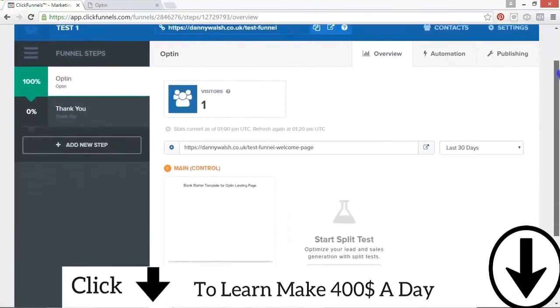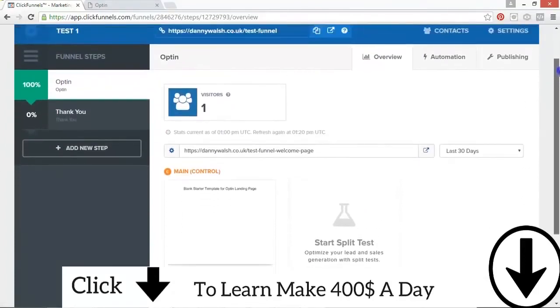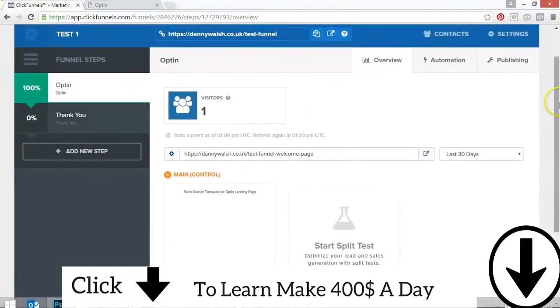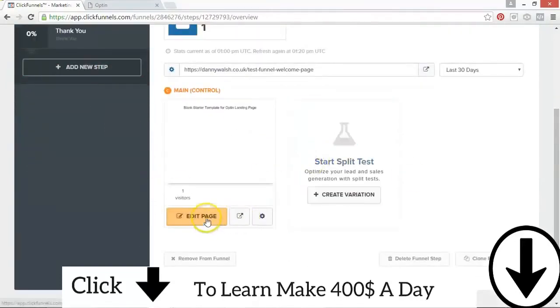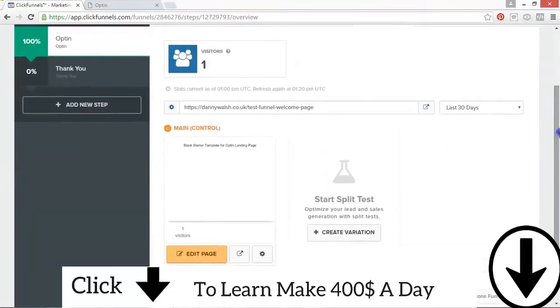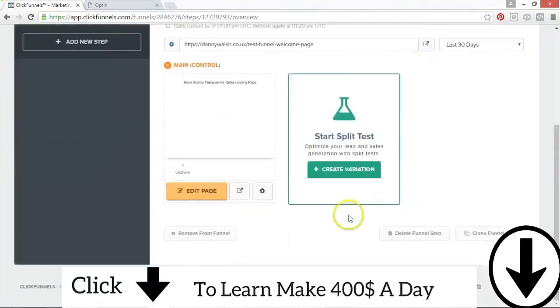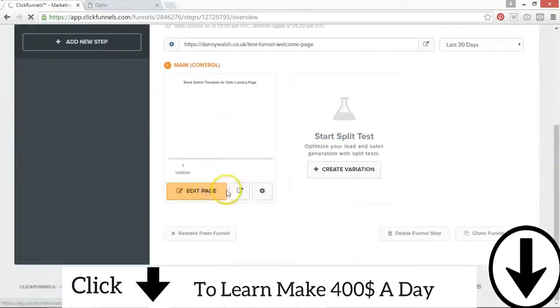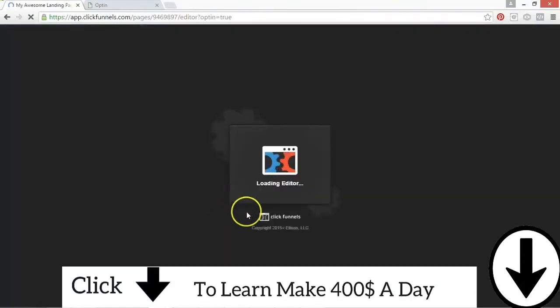which can be as simple or as elaborate as you want, but you're in a position now where you can come to the opt-in step and you can begin to build. So you'll notice, you see that there's visitors being recorded as well, which is pretty cool. You're in a good position to begin the building process. So you press edit page,